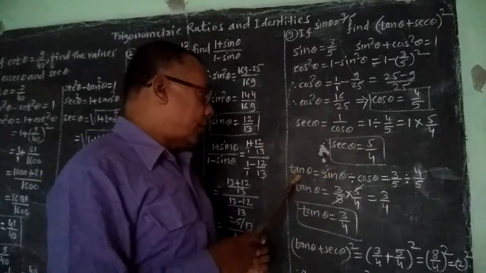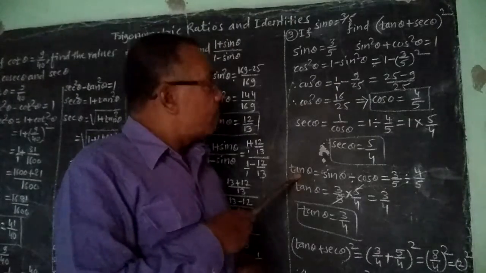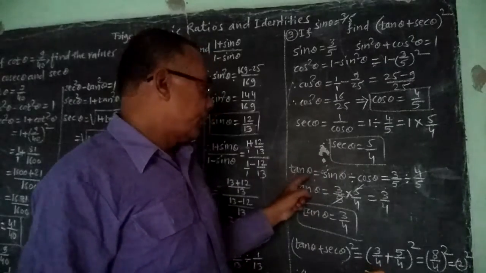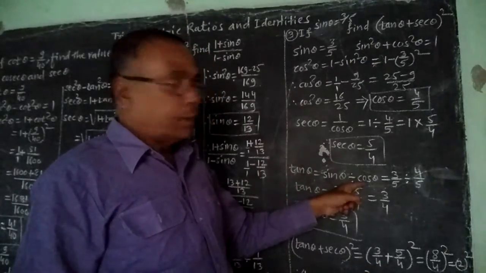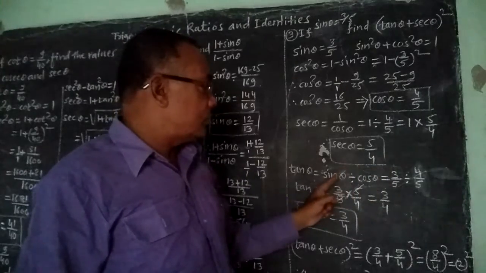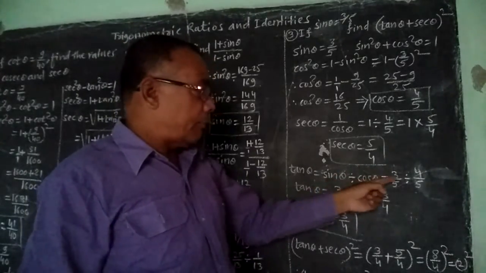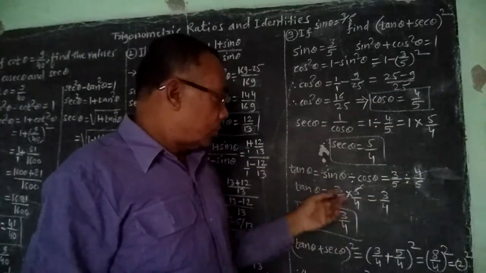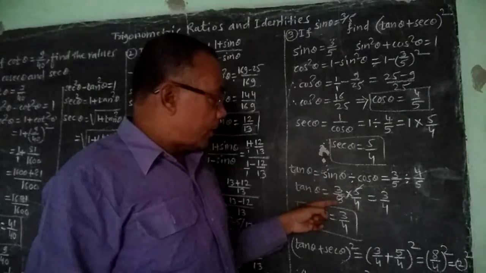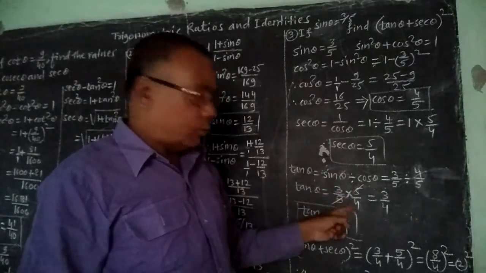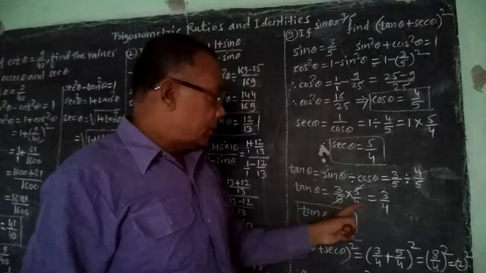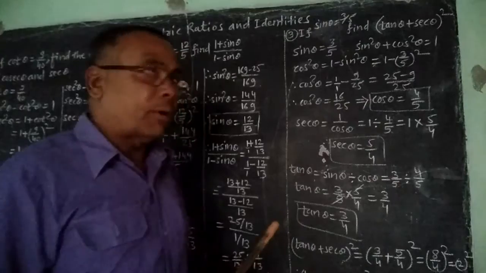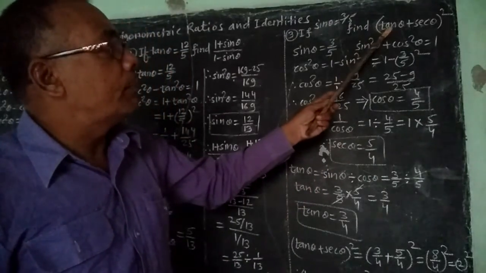Now we have to find the value of tan theta, because here we are asked to find the value of tan theta plus sec theta. That is tan theta is equal to sin theta divided by cos theta, and that is equal to 3 upon 5, which is the value of sin theta, divided by value of cos theta, 4 upon 5. So tan theta is equal to 3 upon 5 into 5 upon 4. Here 5 will get cancelled, then we will get the ratio 3 upon 4. So tan theta is equal to 3 upon 4,